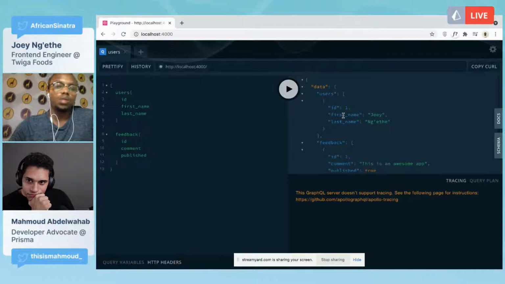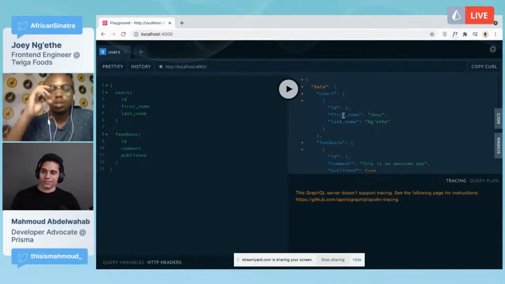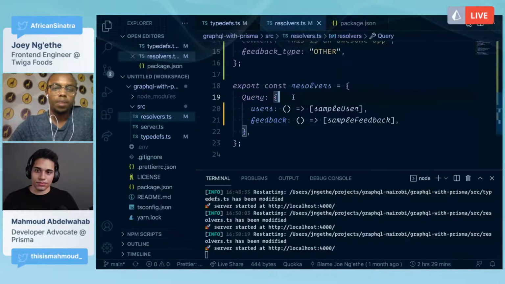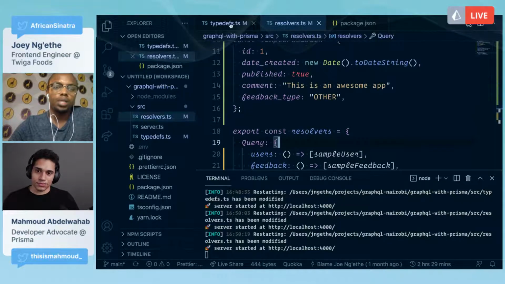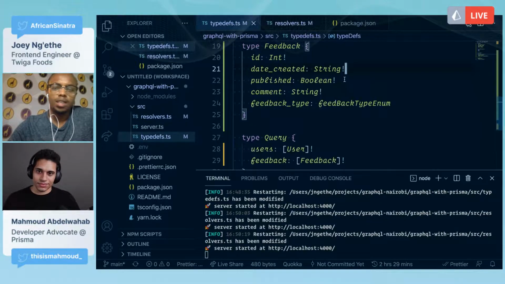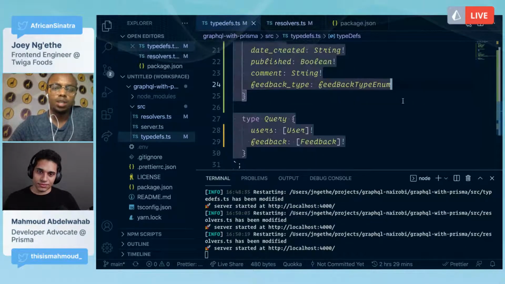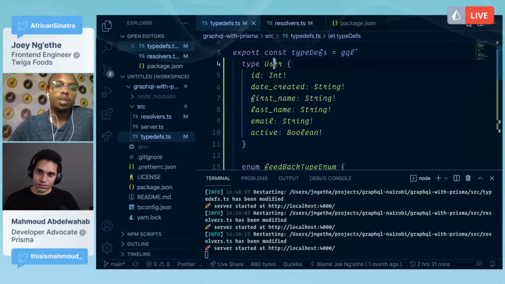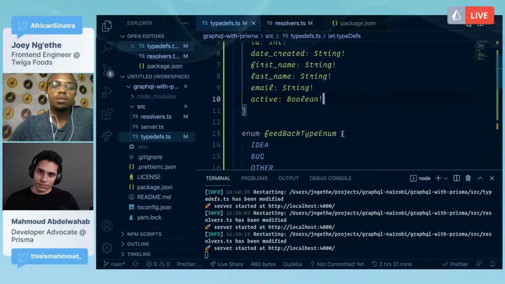We want to know who submitted this bug, or rather feedback, and we're going to do that by going to the type definition, and here we can connect the two types. So the entry point can be a user, and then inside that, maybe you want to get the feedback that they submitted over the course of time.